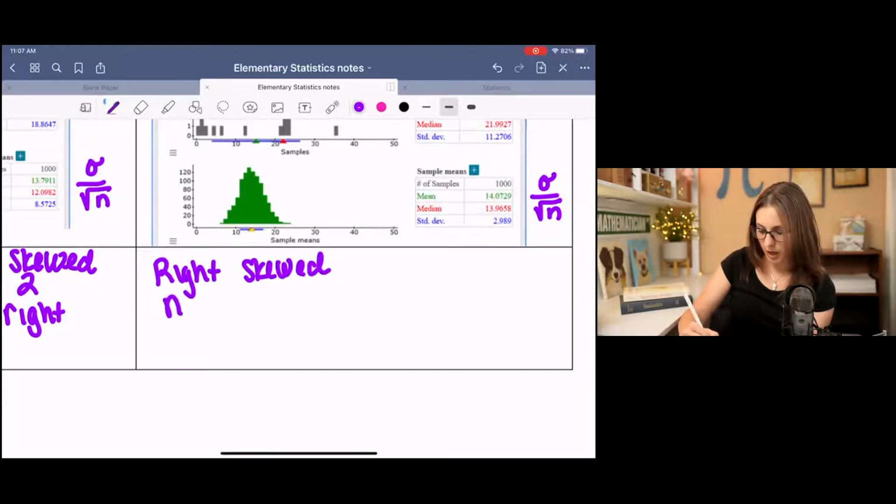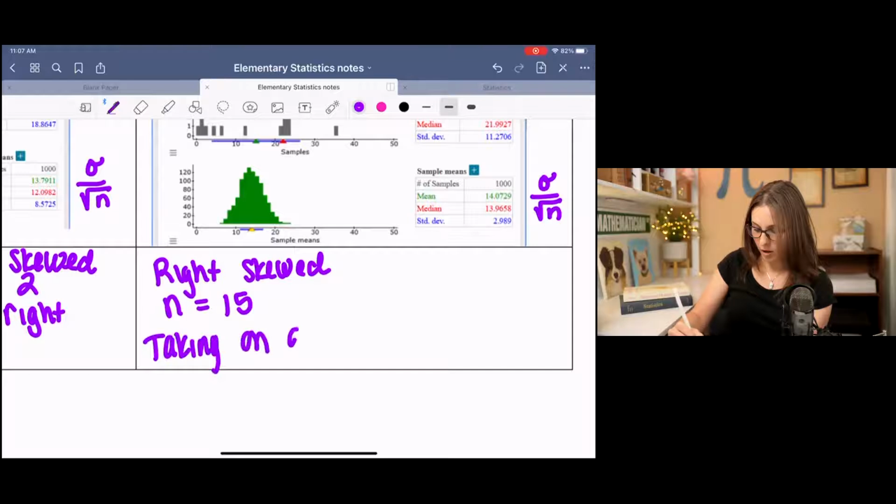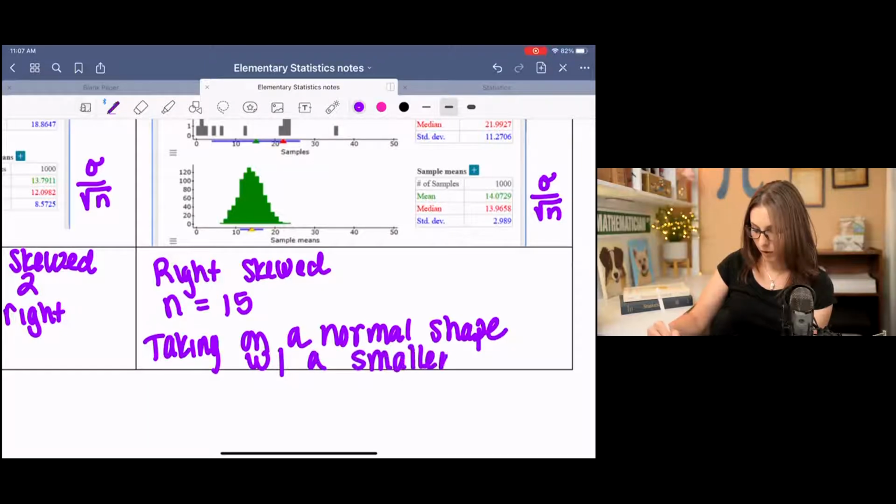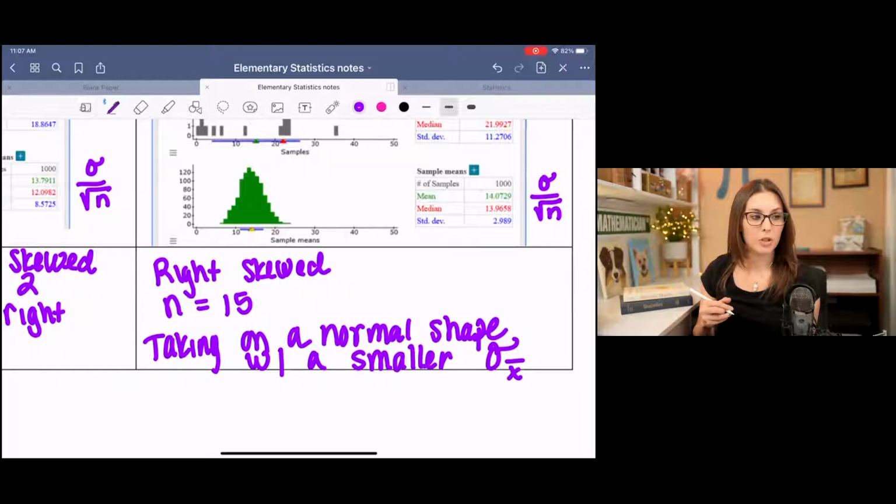We had a sample size of 15, and then it's taking on a more normal shape with a smaller standard deviation. So hopefully in the next couple examples, you'll start to see how sample size is going to affect our sampling